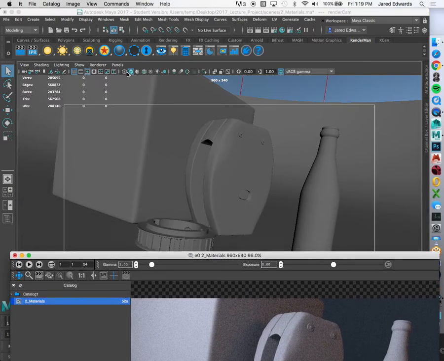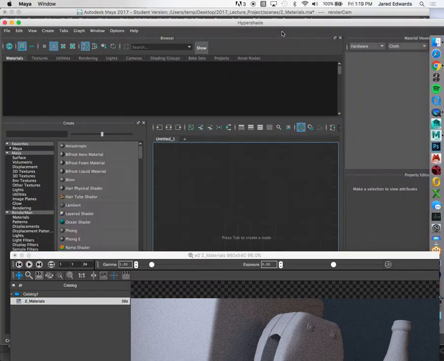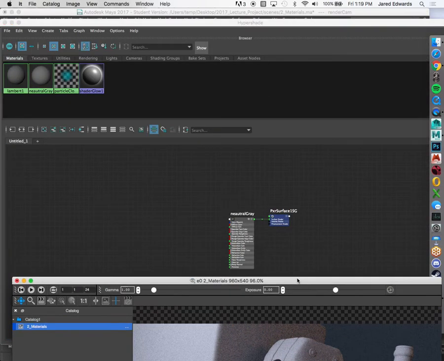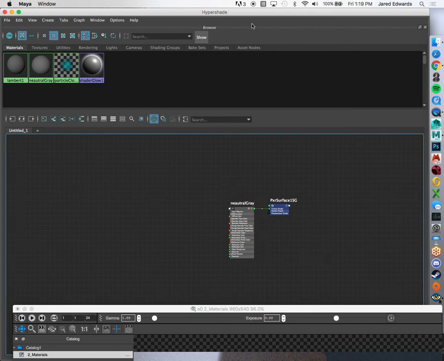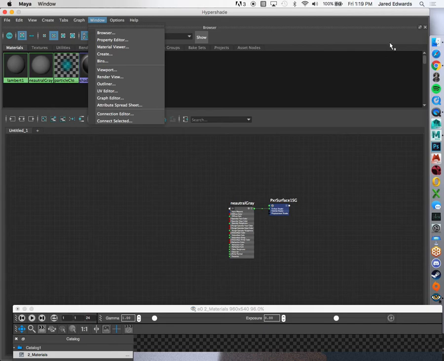So the material that we're going to focus on today is called the Pixar surface. So what I want us to do is just go in the Hypershade. We're going to load this guy up. Now, there's a couple things that I want you guys to see if it gives you any issues. In the Hypershade, you know how there's a lot of different little windows and pieces to it? Do all of you still have that material viewer in the top right? Yeah,